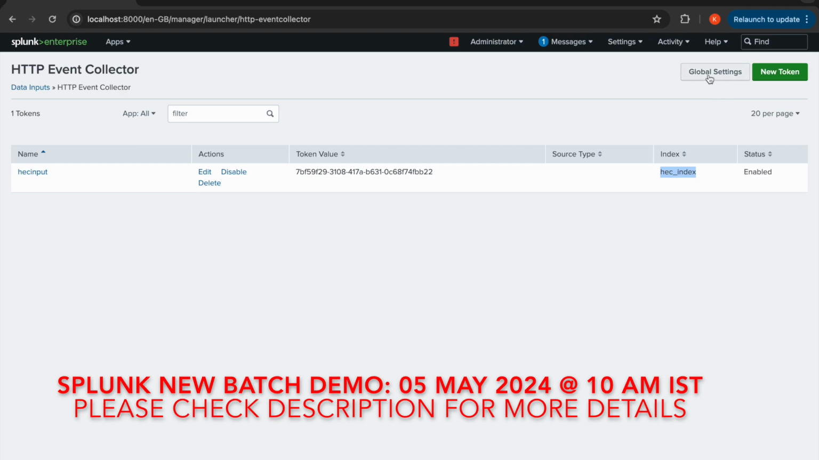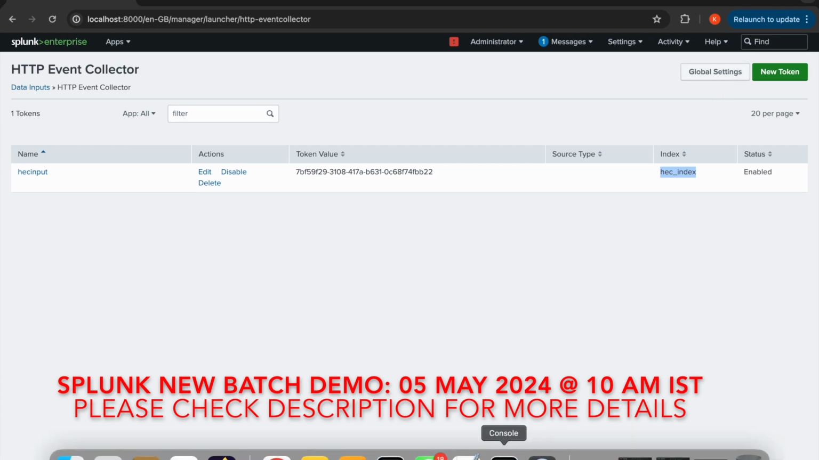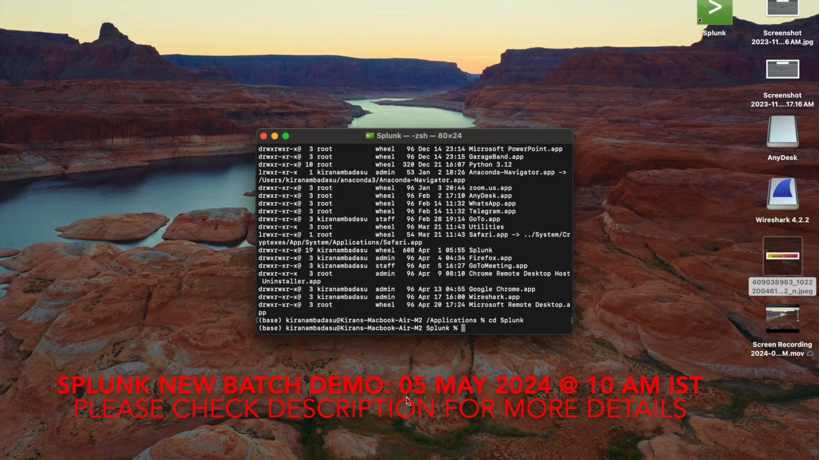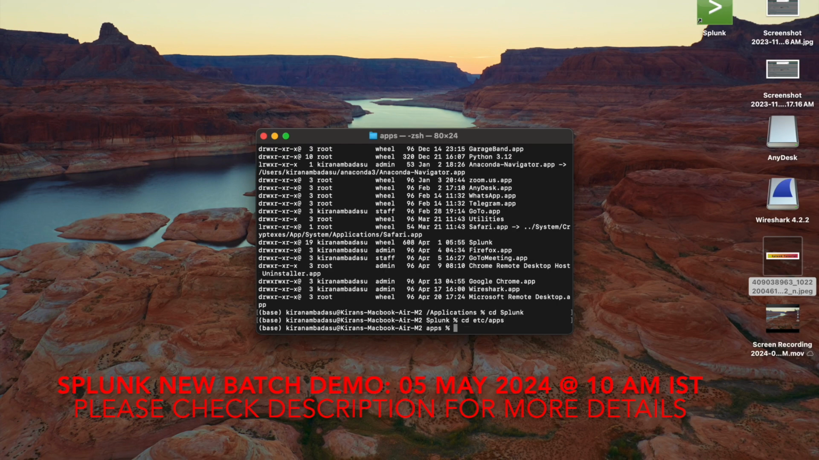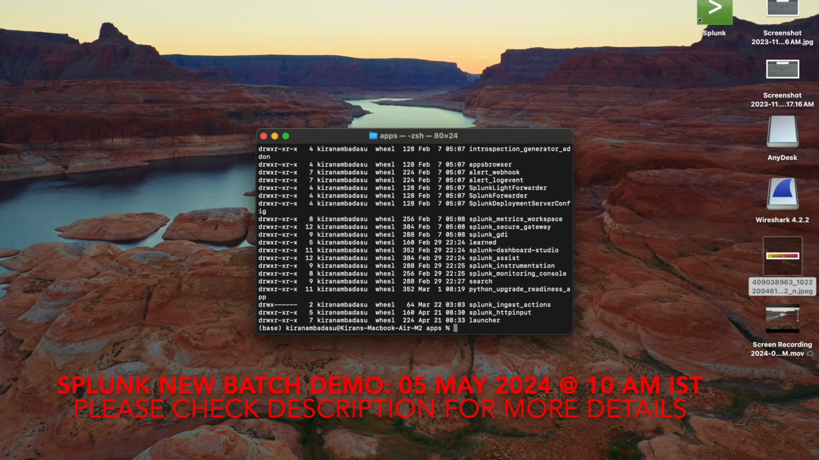So in order to see this one global settings, if I go to the backend over here, to my etc folder, and in the etc folder, if I go to the apps folder, I will be finding a folder called Splunk HTTP input. If I go to this particular folder again, cd splunk_httpinput,